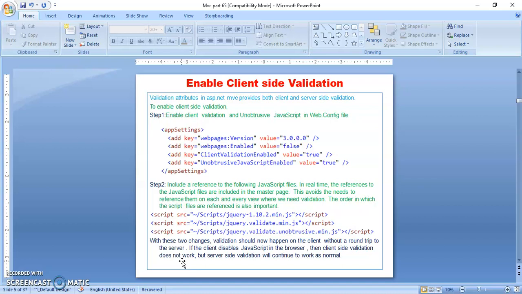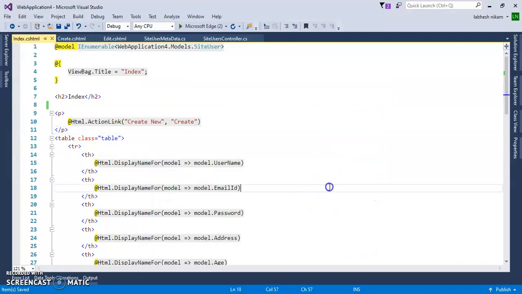Means a customer or client can stop the client-side validation, but cannot stop server-side validation. The client can stop this by setting JavaScript disabled equal to true in the browser. Let's flip to Visual Studio and check how to do it.